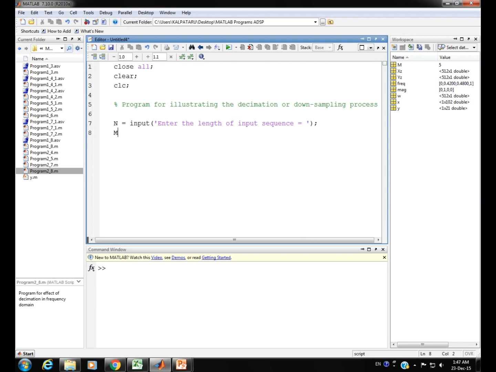Just like we have capital N to hold the information regarding the length of the input signal, for carrying out the decimation process, by what particular integer factor the decimation, the downsampling, is to be carried out, that we need to see here. For that purpose also we are accepting the input from the command window.